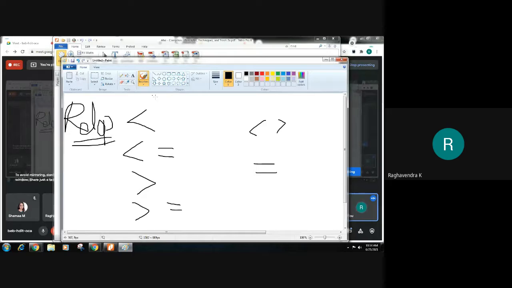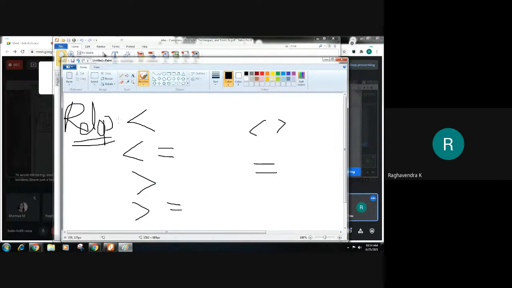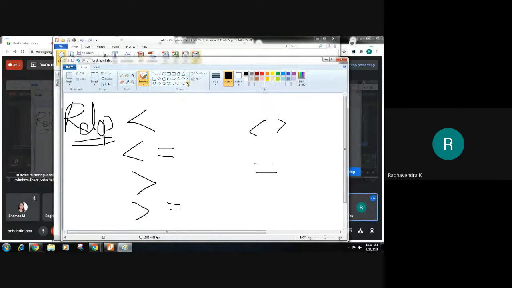Whenever a lexeme matches a particular token, we are supposed to return it as a token. A token contains two things: the name of the token, and the attribute associated with the token. In this case, we will return that we have identified a token called relational operator, along with the type of the relational operator.